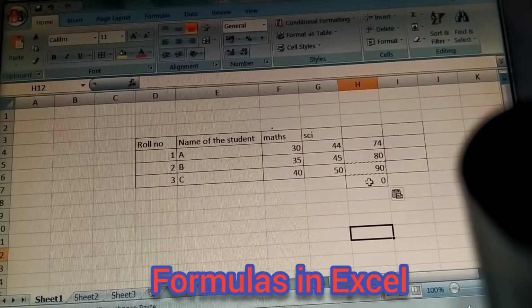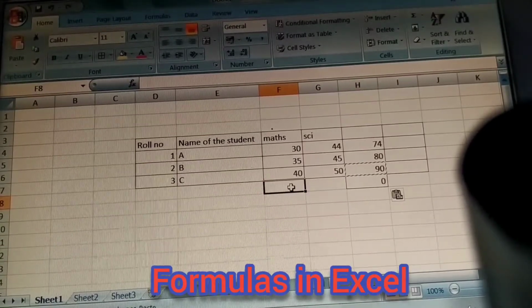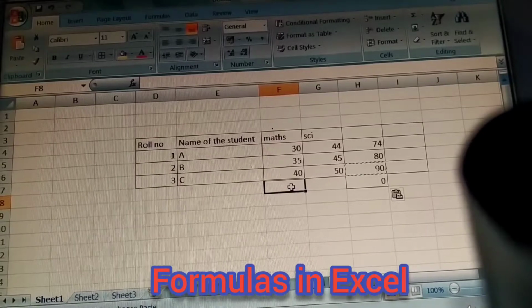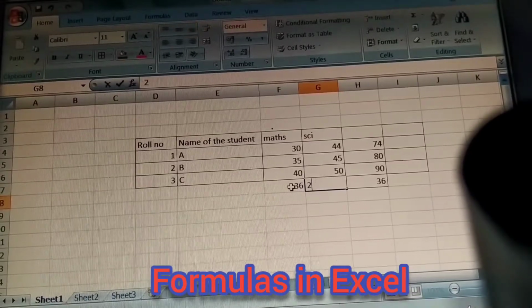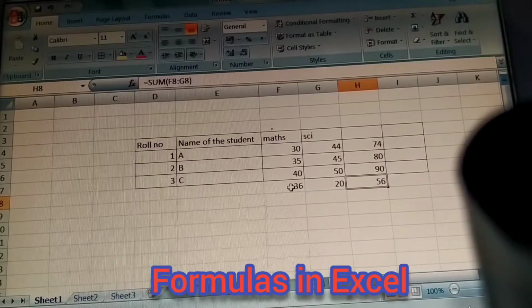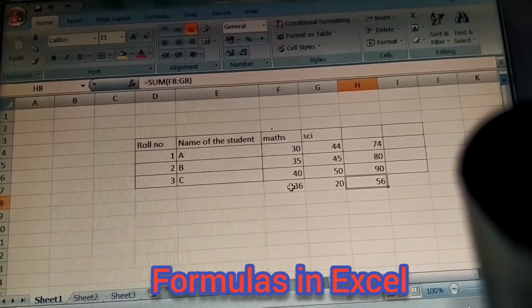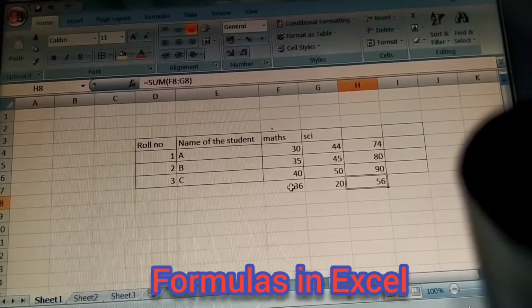Now how do we understand this copy? We will take a demo. We will insert some digits here. Suppose for example here 36 and here 20. So automatically, see, 56 came. So no need, we copied our formula before the calculation only.